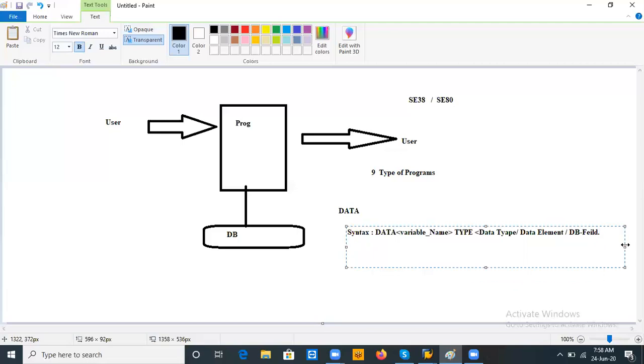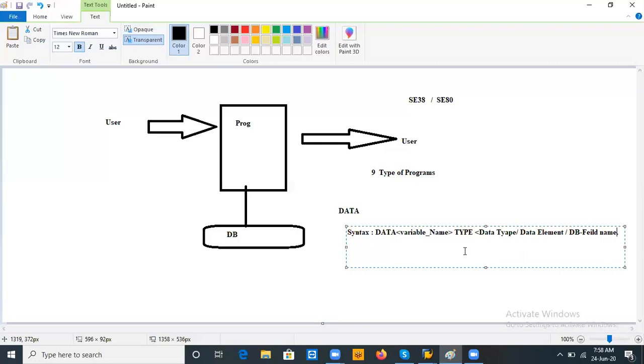There is no hard and fast rule to always use only data type, only data element, or only database table-field name. In programming, while declaring variables, we will use all these three types. I will show each one by one, how we can use them.